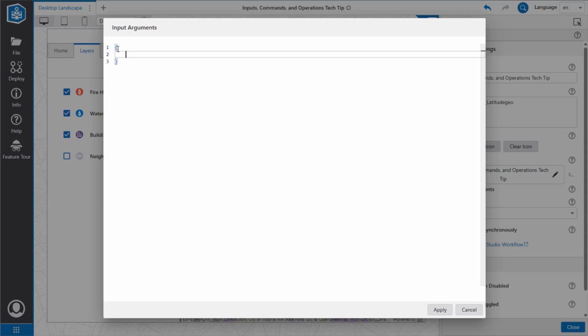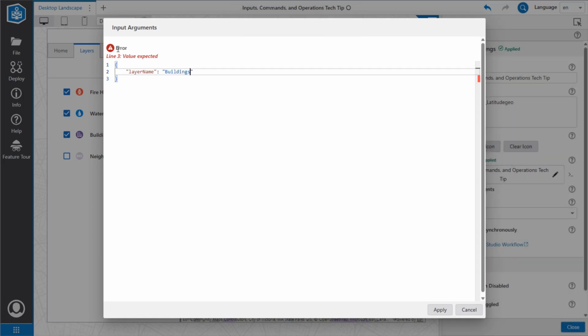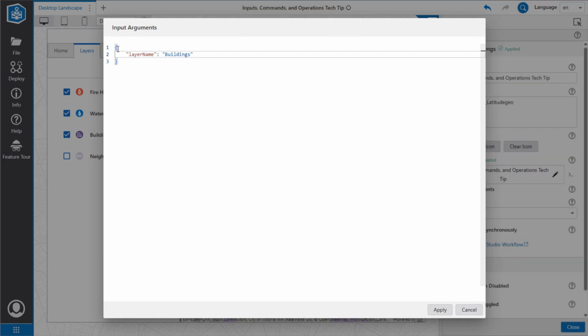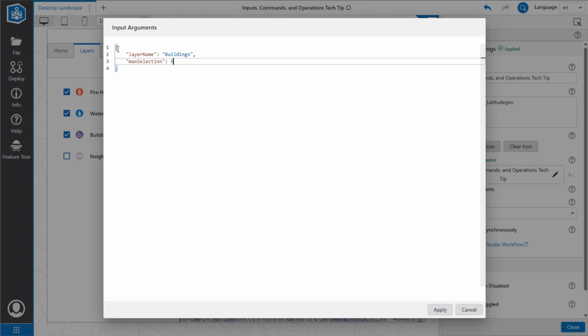We'll choose an appropriate key, like layer name, add a colon, and set the value to buildings. If we want to add another input, we'll add a comma, enter a new line, give our input a key like max selection, and specify a value. Here, we skip the double quotes on the value because we want it to be formatted as a number instead